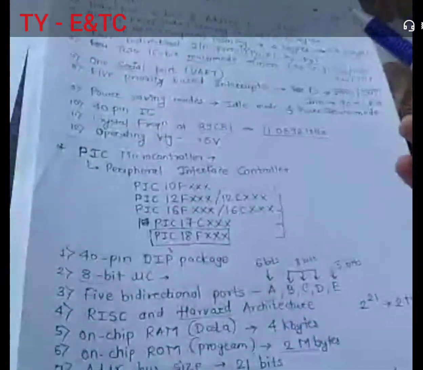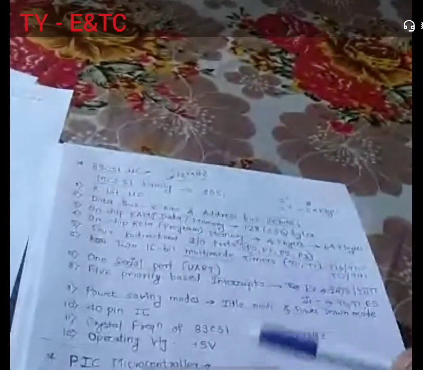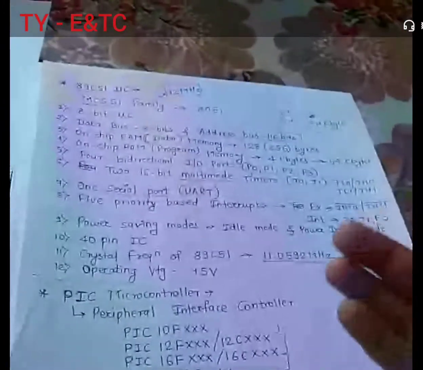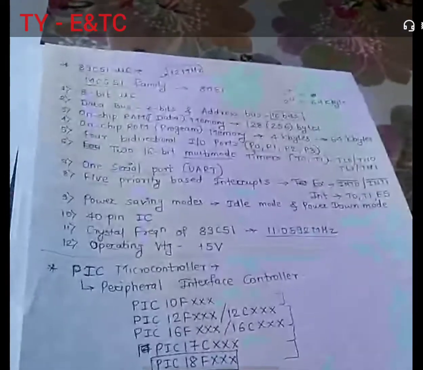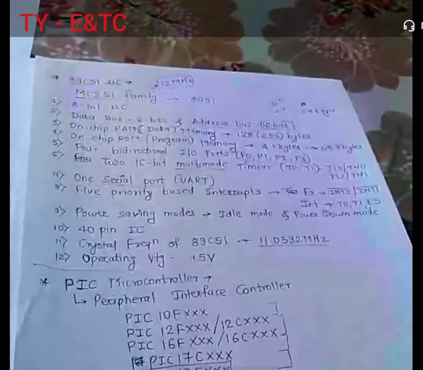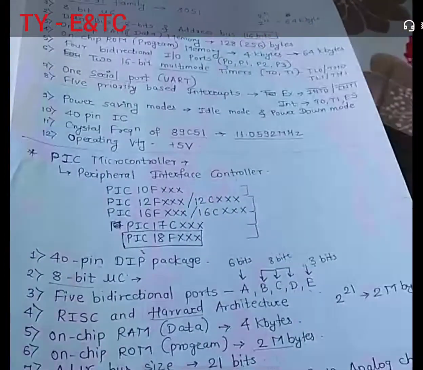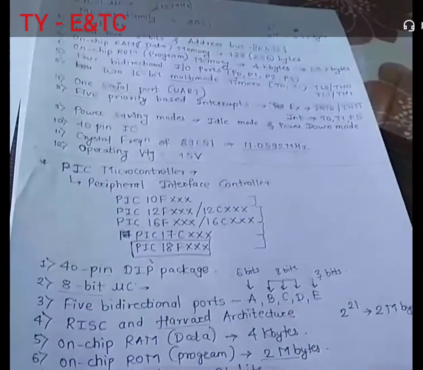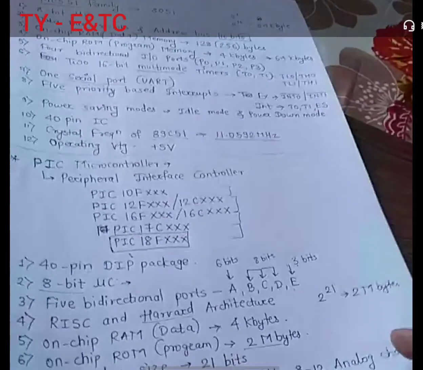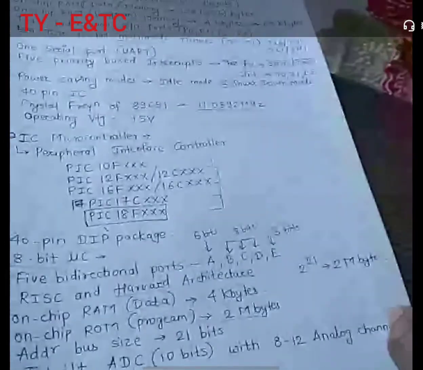See, try to understand the meaning of what I want to say. This PIC microcontroller is having the ADC inbuilt. In 89C51 we have discussed, but we don't know whether ADC is available or not, because it is not on chip. If you want to use any ADC, you have to connect it externally. In the interfacing also we have discussed that whenever you are interfacing an ADC, you use which IC? 0808 ADC, right? Whereas in PIC microcontroller, the ADC is available inbuilt, correct? And the size of that ADC is 10 bits, having 8 to 12 analog channels. Analog channels means what? The channels from where you are applying the analog input, correct?